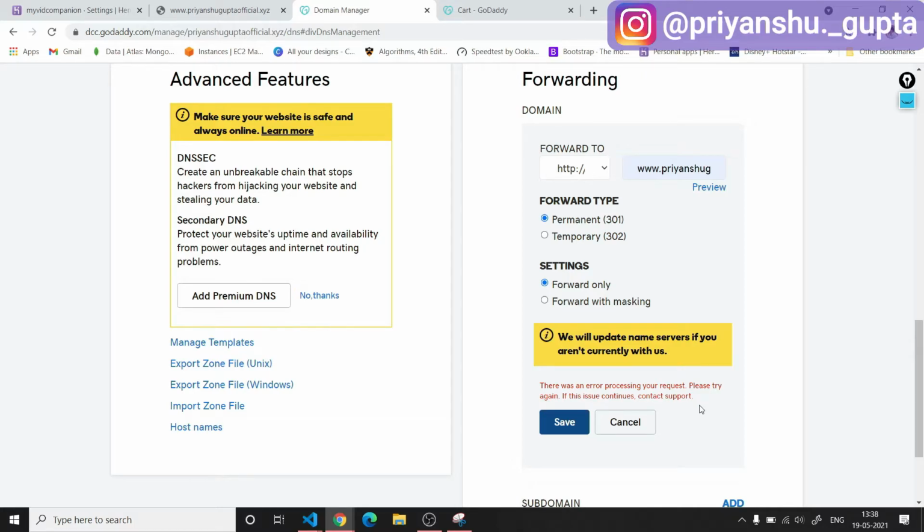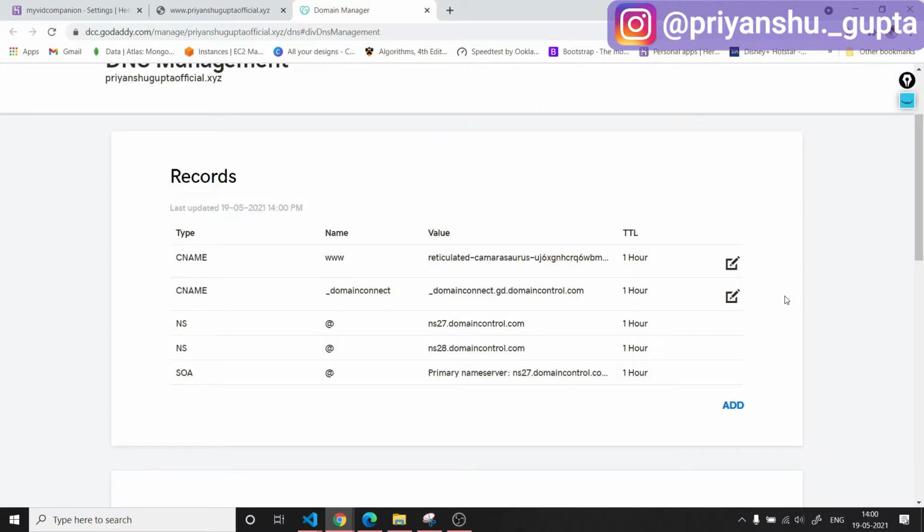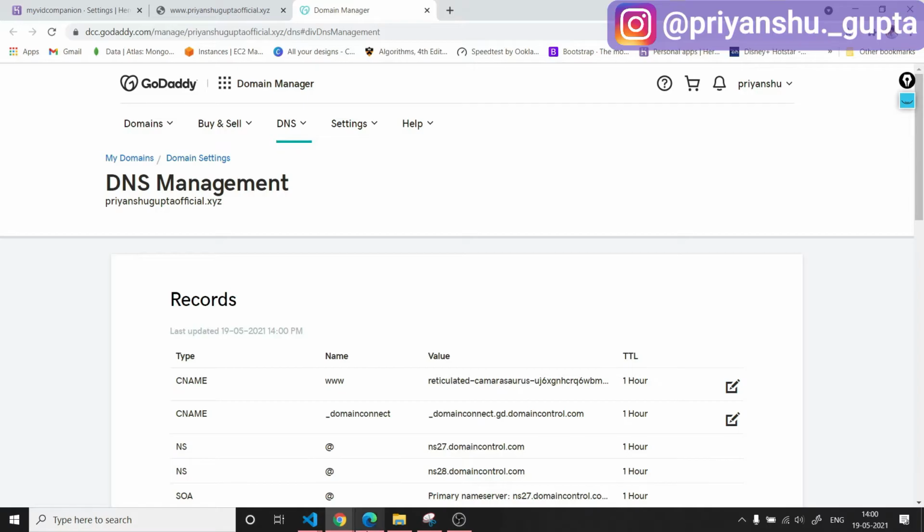There will be a chat icon on your GoDaddy platform, and you can chat with them directly, or you can make a call to them also. If you are facing this error even after you have tried on an incognito window, you can log in to GoDaddy using a new browser, because sometimes it is due to browser restrictions. So you can open this DNS management of GoDaddy using Microsoft Edge or Mozilla Firefox or any other browser, or you can even try from your phone.